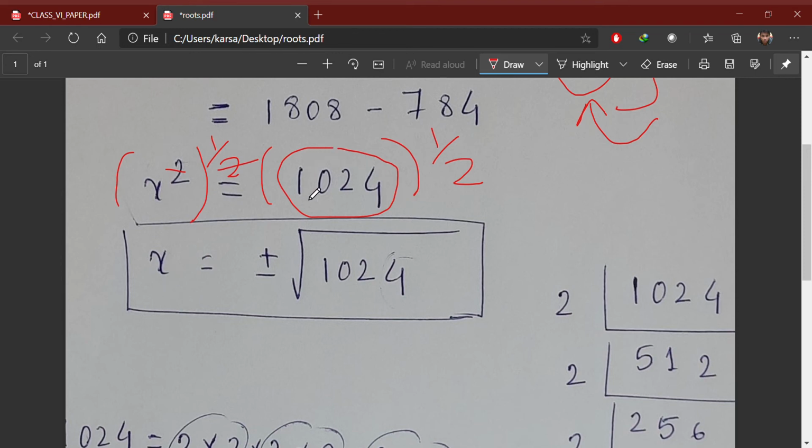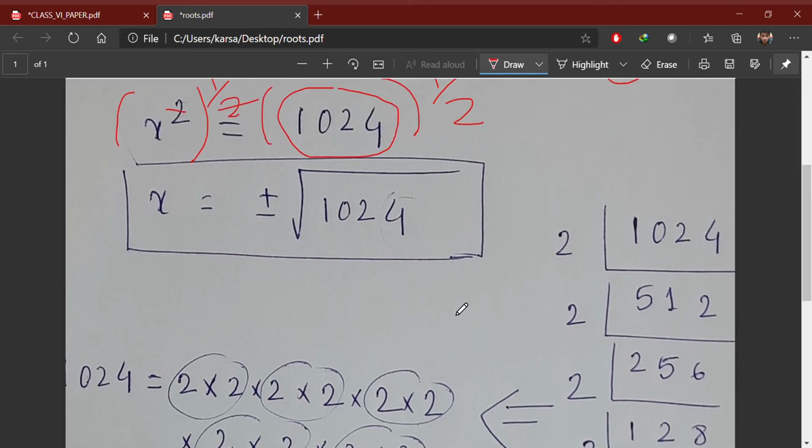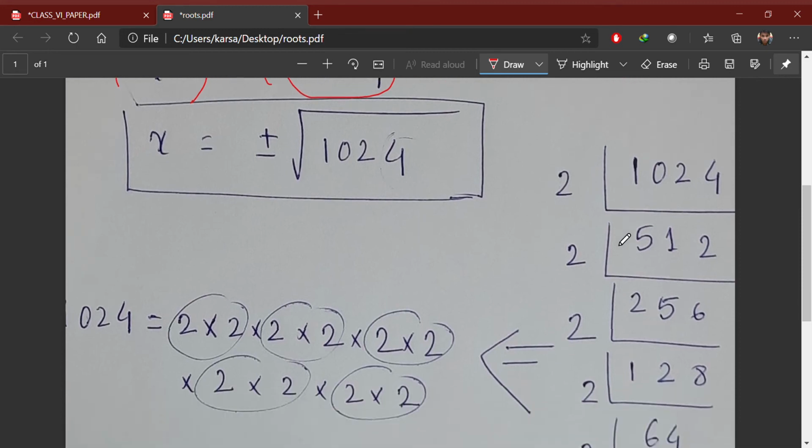1024 to the power 1 by 2. We can write this as plus minus root of 1024. I will tell you why to write plus minus here, because it is very important. We cannot write only plus here, we need to write minus as well. I will show you how. Now to find the square root of 1024, we can follow this procedure. We need to factorize 1024,